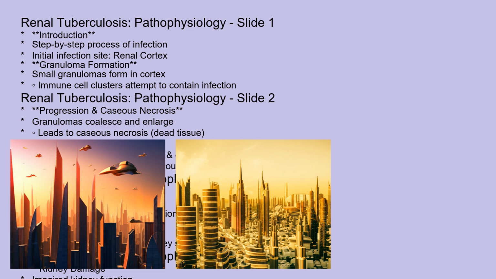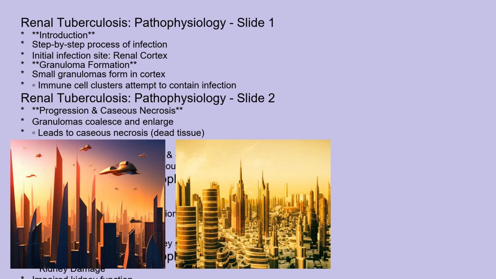The pathophysiology of renal TB is a step-by-step process. Initially, the bacteria arrive in the kidneys, primarily affecting the renal cortex, the outer layer of the kidney. Small granulomas, which are clusters of immune cells attempting to wall off the infection, begin to form. These granulomas can eventually coalesce and enlarge, leading to the formation of caseous necrosis, a cheese-like dead tissue characteristic of TB. As the disease progresses, these lesions can erode into the renal tubules and calyces, the collecting structures of the